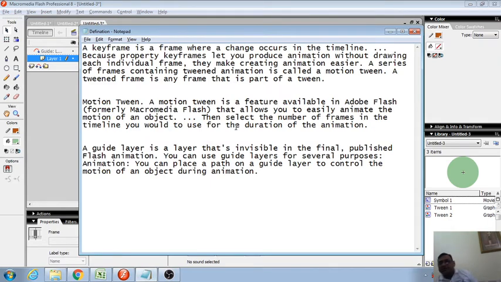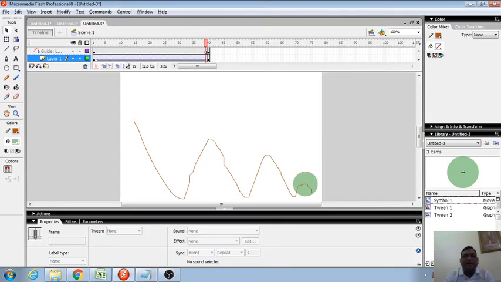Actually, I did not explain the theoretical part before. One is keyframe and another is frame. If you see here, this is the timeline, and always we are inserting the keyframe. So let me give you the difference between frame and keyframe. We know this is the timeline and this is the frame, 1 2 3 4 5, like this up to 50 or 40 frames.